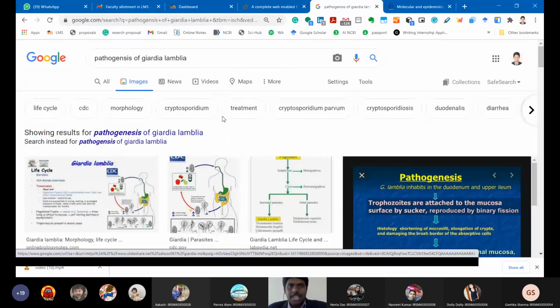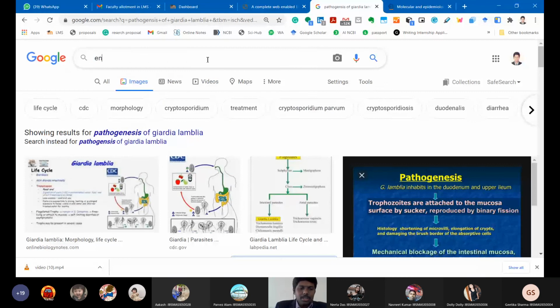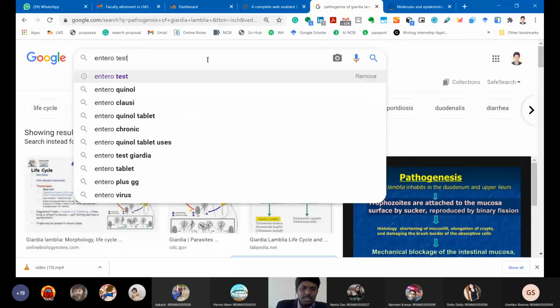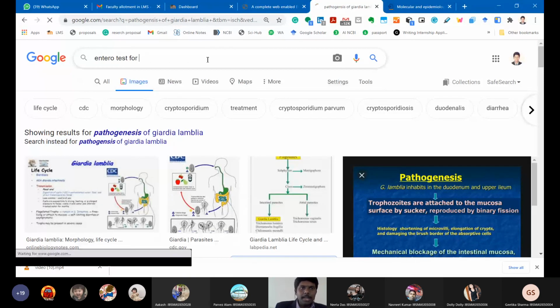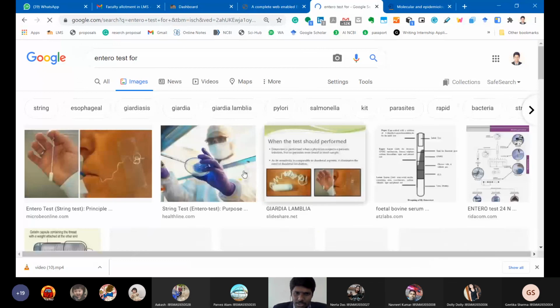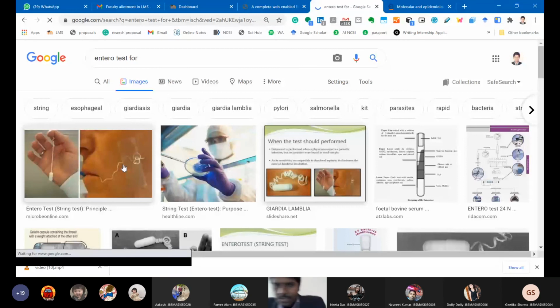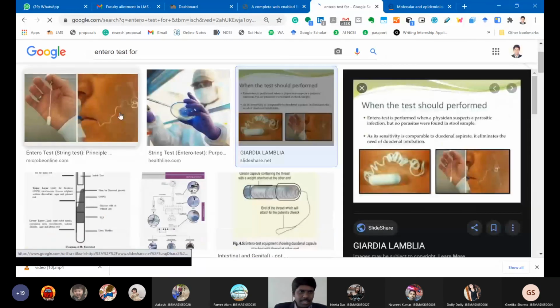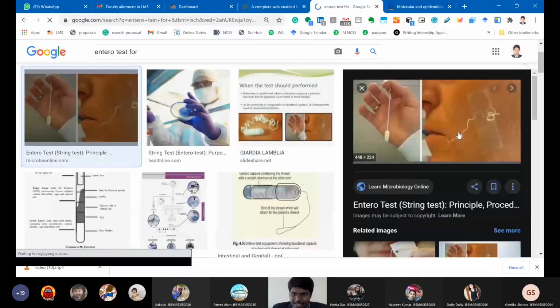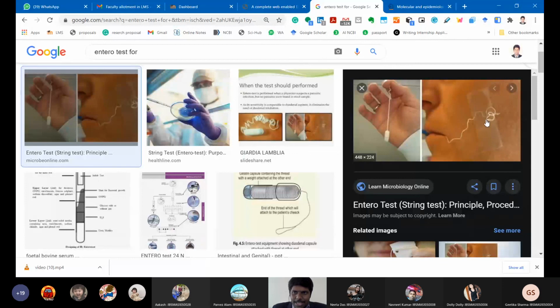And I will show you the Entero test. See how this Entero test looks. The Entero test for Giardia lamblia. See, this is the Entero test. Can you see here? This is a thread. We kept a plaster and attached this thread to the cheek, and we allowed the patient to swallow the